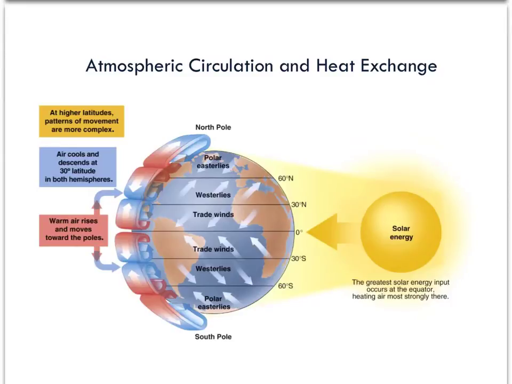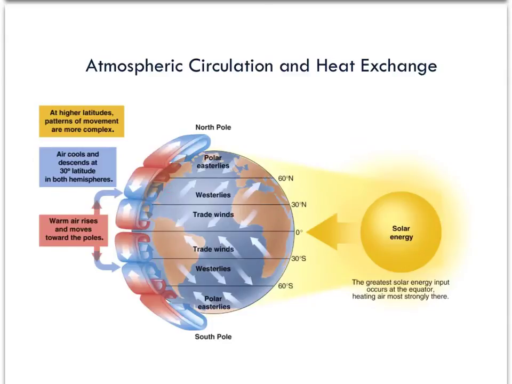As it rises, this air is going to cool. It's going to produce rain, and that's why you get quite a bit of rain here at the equator in what we call the ITCZ, or the Intertropical Convergence Zone. As this air is at the higher elevations, it's going to cool and it's going to spread towards the South Pole and towards the North Pole. As it spreads, it's going to become more dense and sink, and then at 30 degrees north and 30 degrees south, we have cold air coming down. Again, this is going to spread towards the poles.